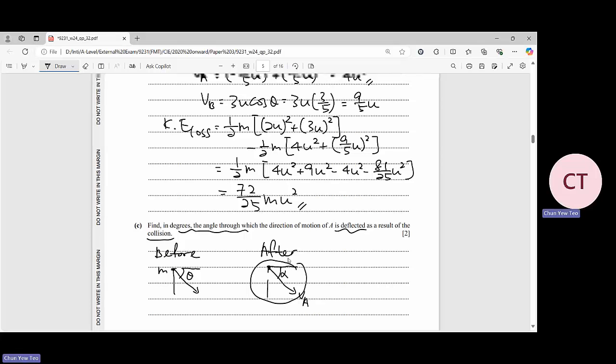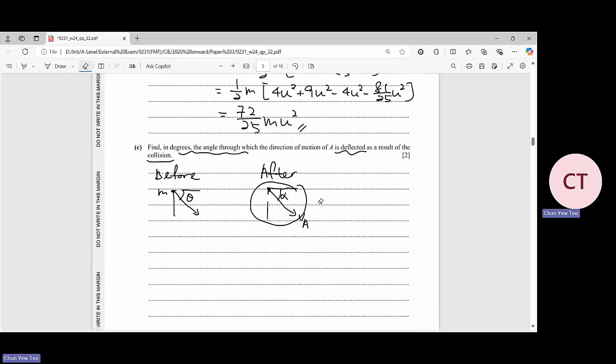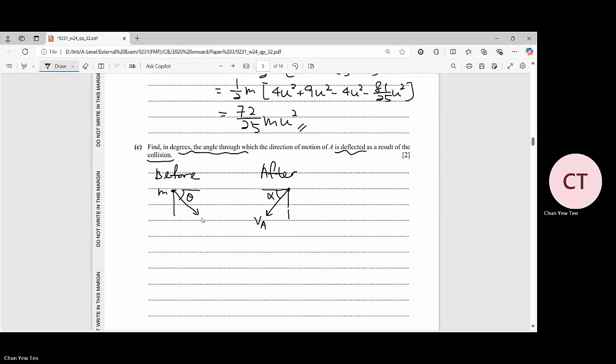But from the working that we have over here, it shows that VA cos alpha is negative. Negative means that the direction of A actually goes in reverse. A actually rebounds after the collision. So A by right is supposed to be like this. Then this is the alpha, this is the VA, this is the 2u. Just now from part A, we know that tangent theta is equal to 4/3. Using a calculator, we can get the answer as